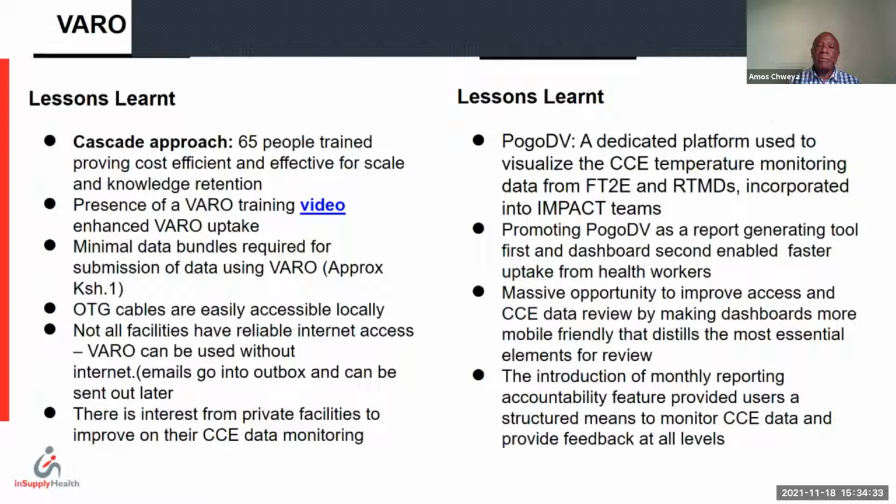During this process, a few lessons were learned on Varo and of course Pogo DB. On Varo, we found that it was easy to train the 65 TOTs, and it was cost efficient and effective, and it was easy to scale up and have trainees retain the knowledge that they had been given. Following the video that Brian has just shown, it was also easy to enhance the uptake of Varo within the